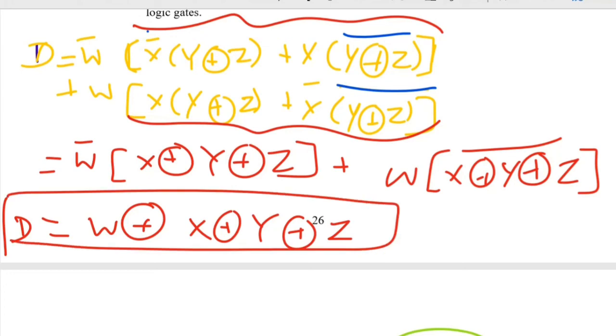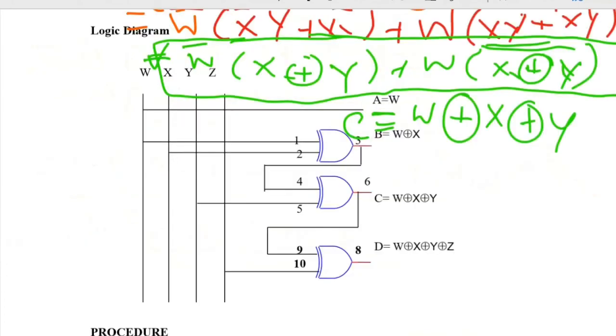So students, carefully go through the expressions for C and D once again. Then practice the reduction. I will explain all the reduction procedures here. After that, draw the logic diagram.